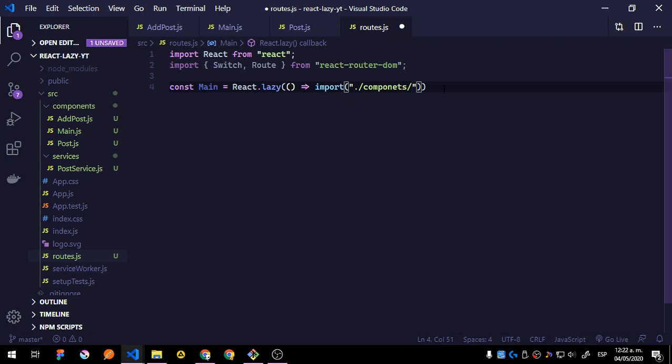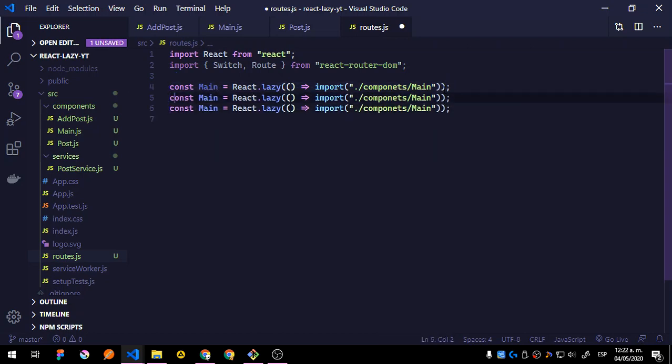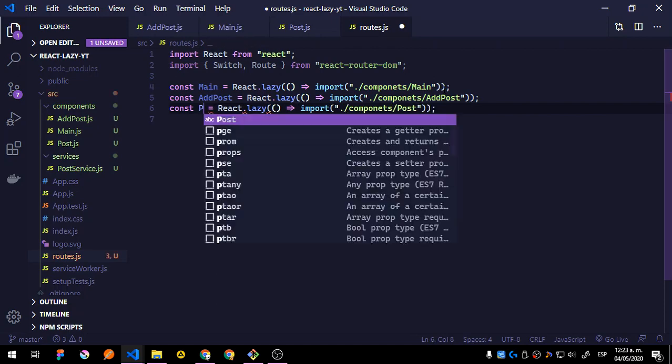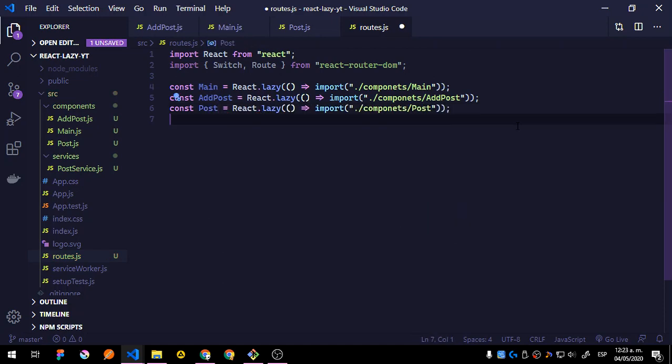It's inside the components folder, and this is the main component, so we need to call it as it is. And we do the same for the rest of the components. Add post, React lazy, import from components, add post, and also the post. So we call this constant post. Okay,